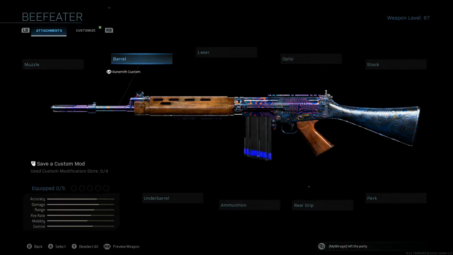So we're going to be doing another hardcore best class setup, and we're going to be looking at the FAL, which, I mean, look, most guns are going to be a 1 or 2 shot max in hardcore at most ranges, but the FAL, in my opinion, has got to be one of the best guns to run in hardcore, because you're hardly ever going to run into a situation that's not going to be a 1 shot out